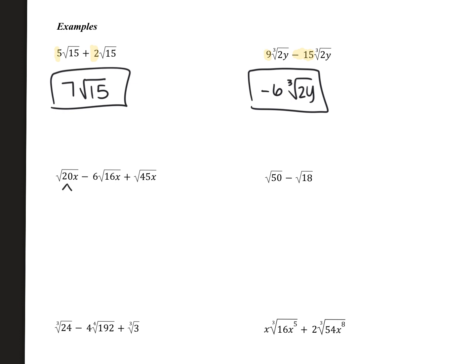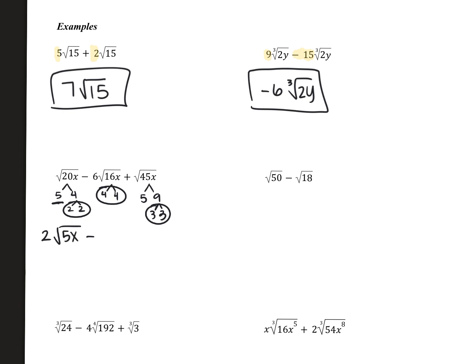So 20 can break down as 5 times 4, and I know 4 is a perfect square. It's going to give me 2. 16 is a perfect square. It's 4 times 4. And then 45, I can do 5 times 9. 9 is a perfect square, 3 times 3. So when I go to write my simplified radicals, I'll have 2. Now if I look at my x, I only have 1 x underneath my root, and I'm taking a square root, which means I'd have to have 2 of them in order to simplify it. And I can't here. So it's going to be 2 square root, and then I have my 5, so 5x